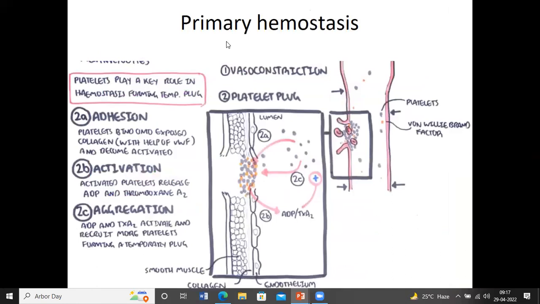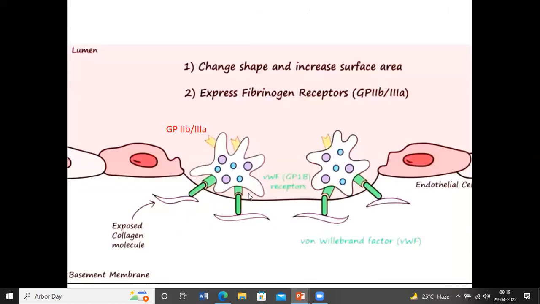So primary hemostasis is when there is vasoconstriction and the formation of platelet plug through the process of adhesion of the platelet, activation, and aggregation. Let us go into a little detail of this. Whenever there is a damage in the skin or the vessels, there is exposure of collagen molecule to the platelet through the von Willebrand's factor. And the von Willebrand's factor attaches to the GP1B receptor of the platelet, which helps in adhesion of the platelet